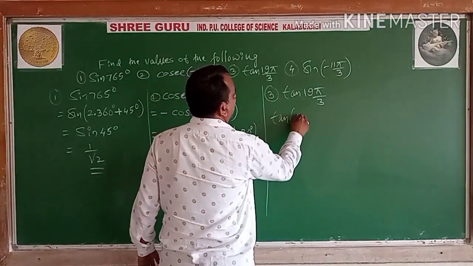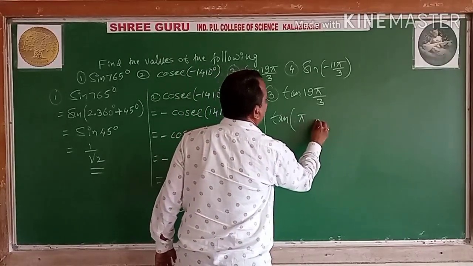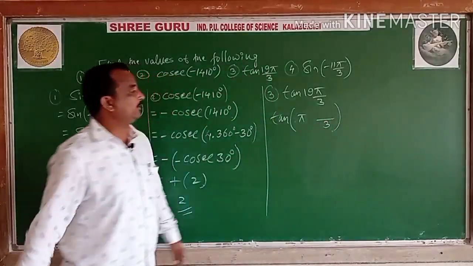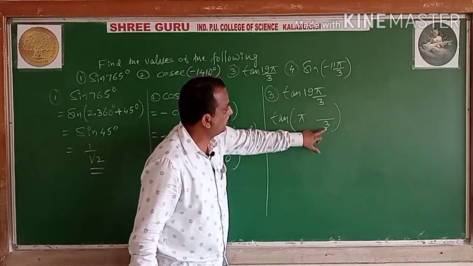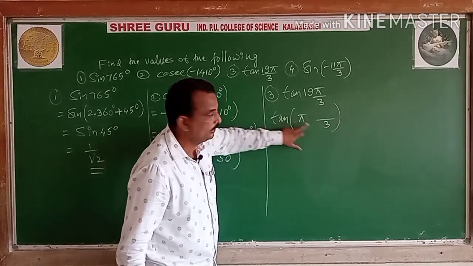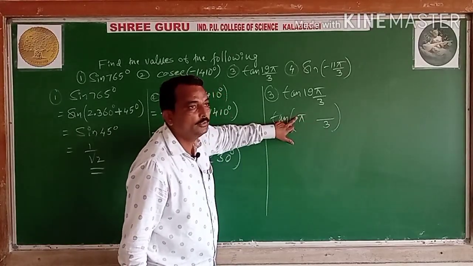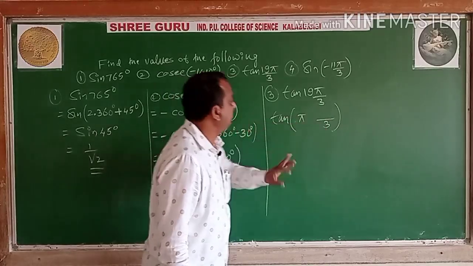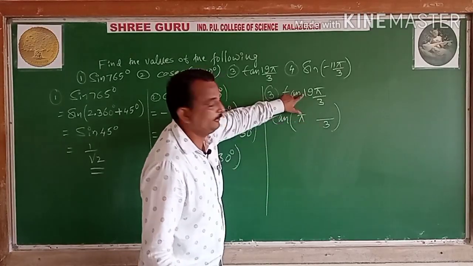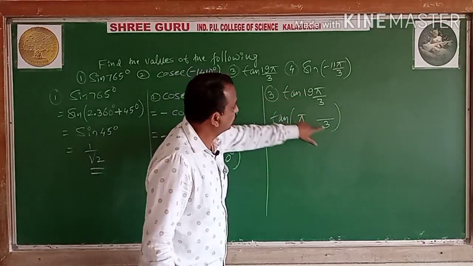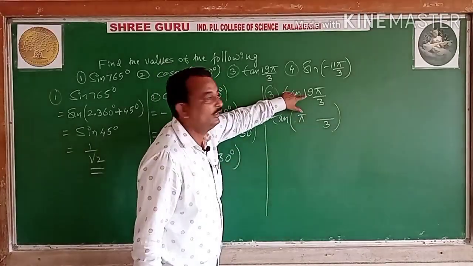Here, pi remains as it is. What is the denominator here? Either you can take plus or minus. Whatever the denominator quantity is, you multiply it with 3 pi. 3 into 1, 3 pi; 2, 6 pi; 3, 9 pi; 4, 12 pi; 5, 15 pi; 6, 18 pi. How much do you want? 19 pi.